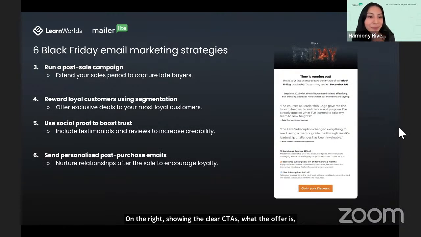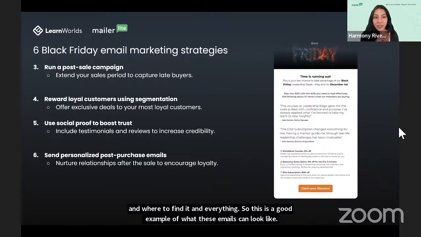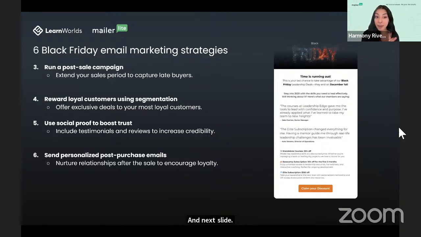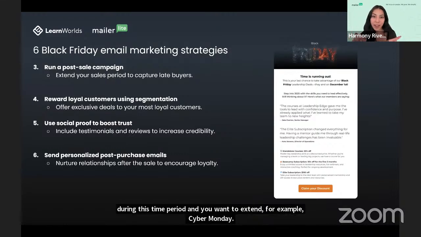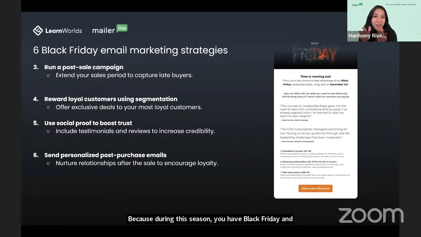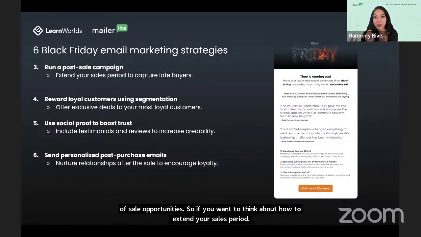And next slide. And also, as mentioned, you can also extend the sale by running a post-sale campaign. That's another common strategy. So if you are seeing a lot of sales during this time period and you want to extend, for example, Cyber Monday, because during this season you have Black Friday and you have Cyber Monday. So it's kind of a long weekend of sale opportunities. So if you want to think about how to extend your sales period to capture late buyers, you can also do that as well,